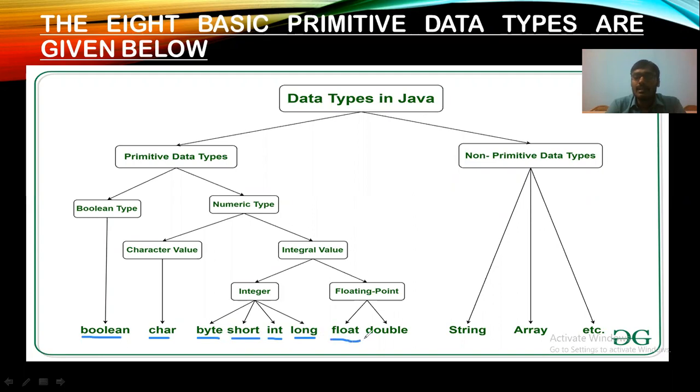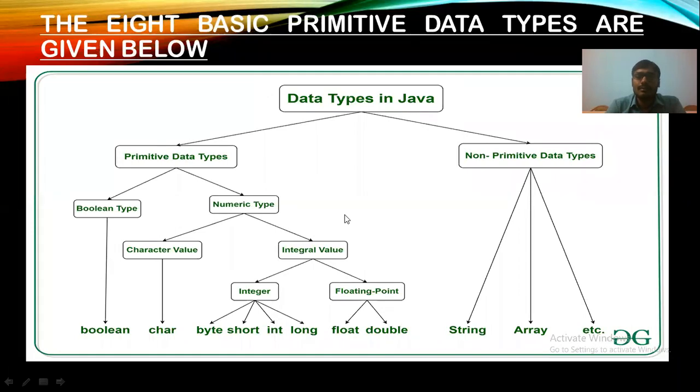In non-primitive data types you can see string, array, classes, etc. You don't have to study non-primitive data types. Only primitive data types you have to study.